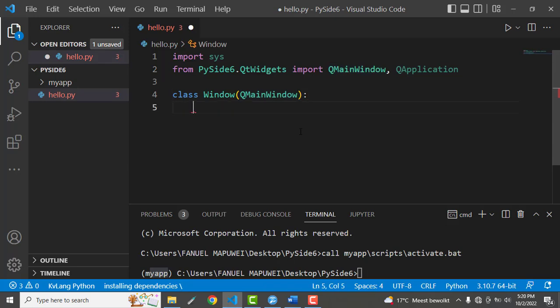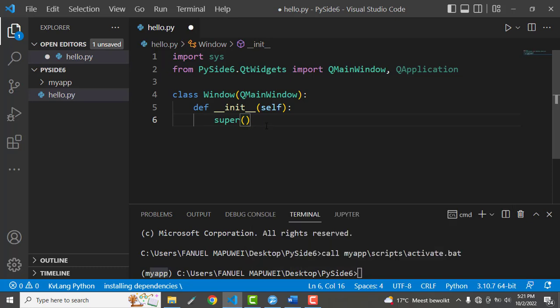So what I'm going to do now, let us create a function, and in this function we are going to call a constructor, the init function. Let us put a constructor function here, and in this constructor function let us put self. Okay, after creating an object. The init method is the Python constructor in an object-oriented approach. We call this function every time an object is created from a class, because it lets the class initialize the attributes. So what we need to do now, let us call super